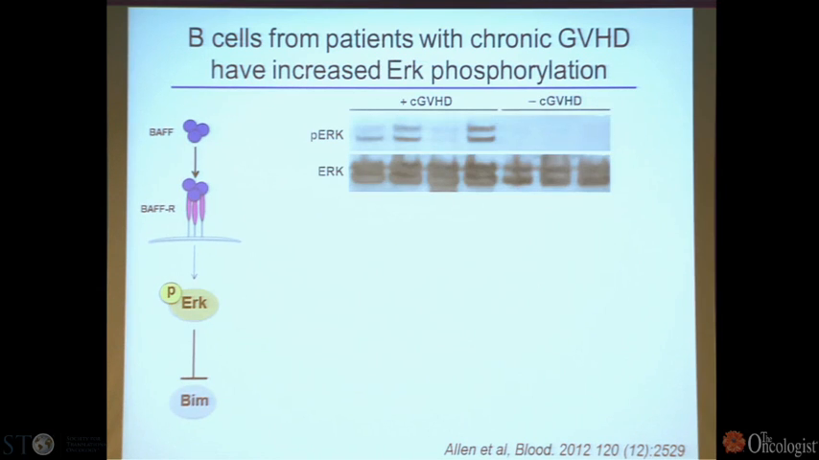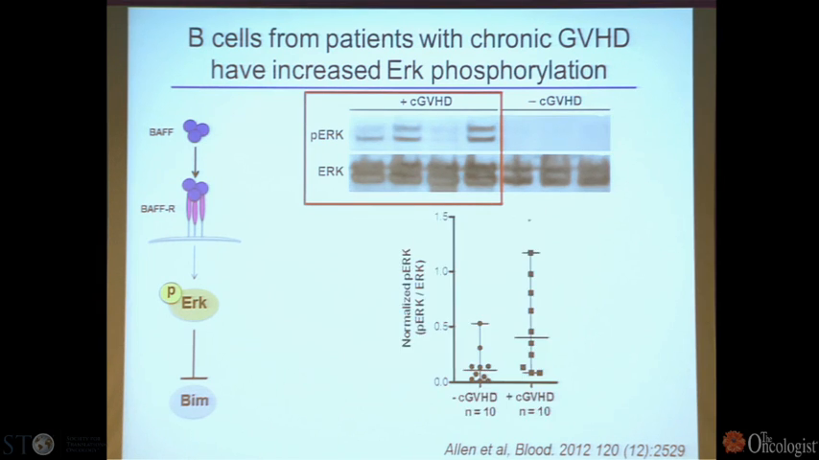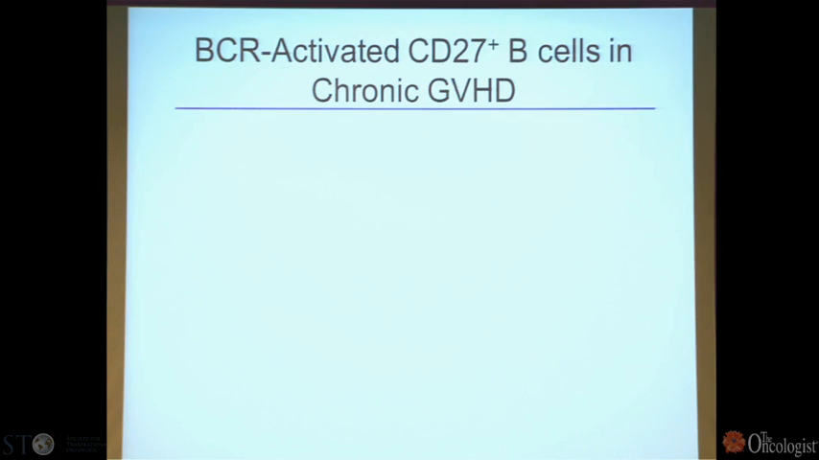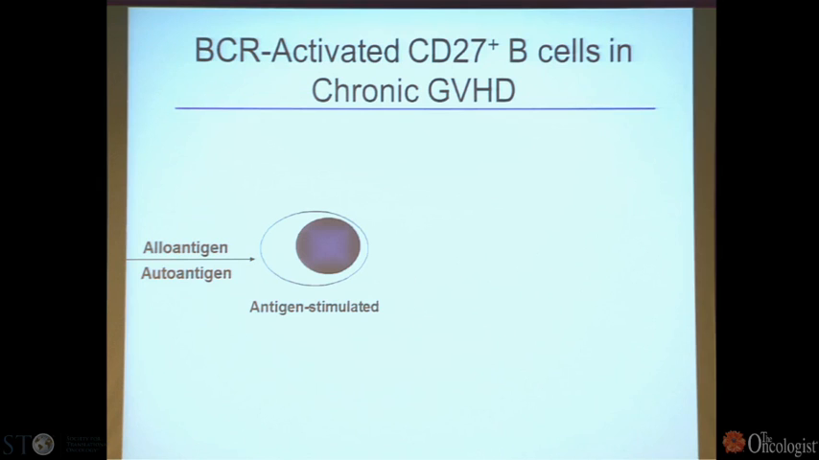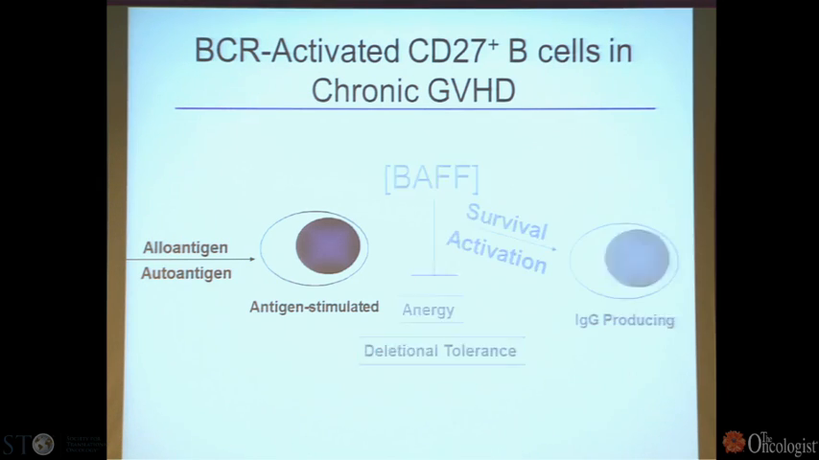And the B cells had activation through phospho-ERK, or they were demonstrating phospho-ERK, where the chronic GVHD patients did. The people who didn't have chronic graft-versus-host disease did not have signaling through ERK. And that held true for the whole group. And the way we were able to link mechanistically the BAFF signal to the effect we're seeing